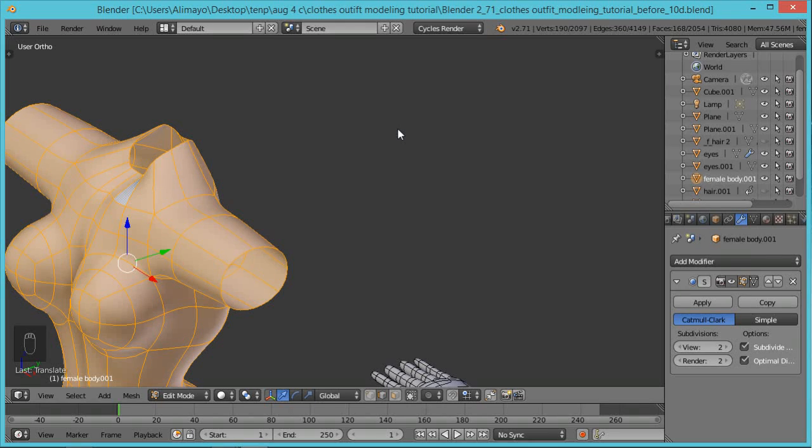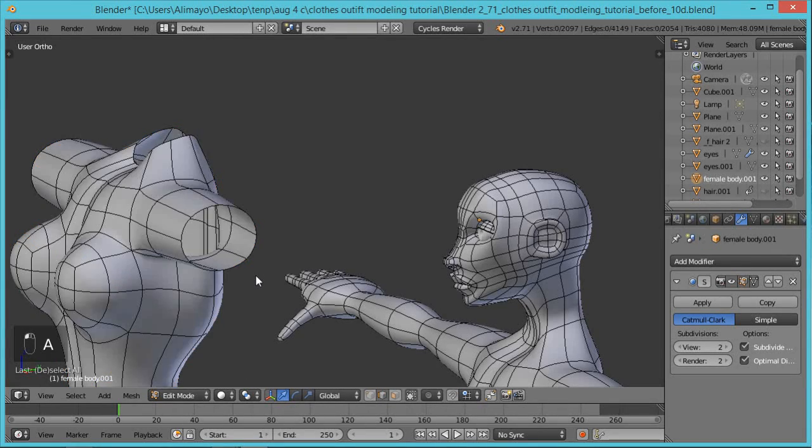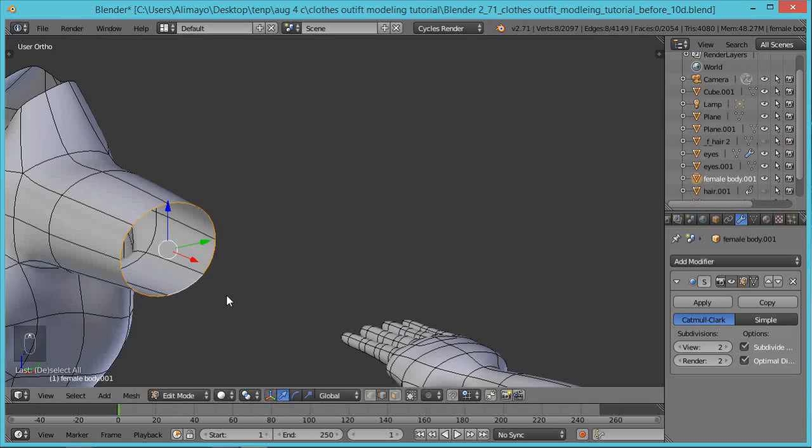Okay, one issue we have with creating clothing this way is you can see that the clothing looks paper thin, and obviously we don't want that. So what we're going to do is hit A to deselect everything. We're going to hold Alt, and with Edge Select on, when we select an edge, it selects the whole edge loop. So just an easy way if you need to grab an edge loop, just hold Alt and click the edge. Now, to make it look like this has some thickness, we're going to hit E to extrude, then